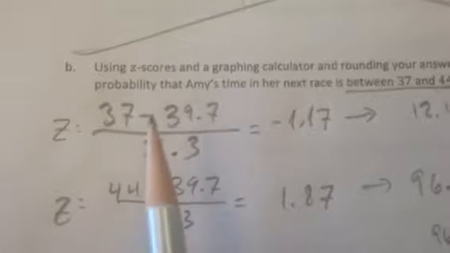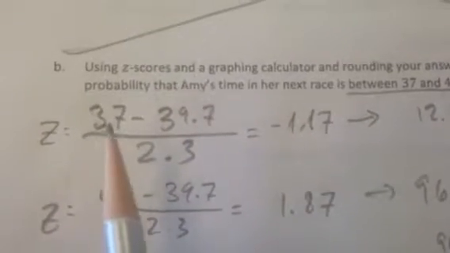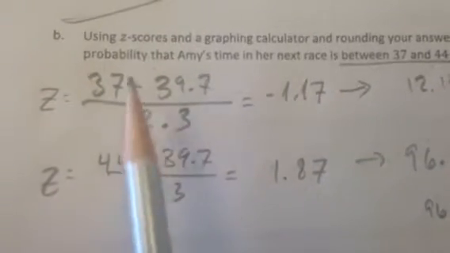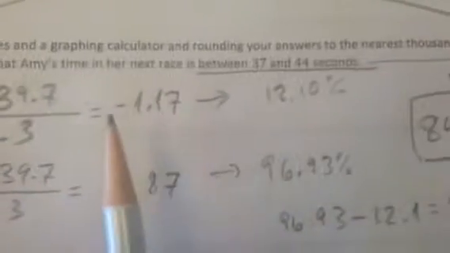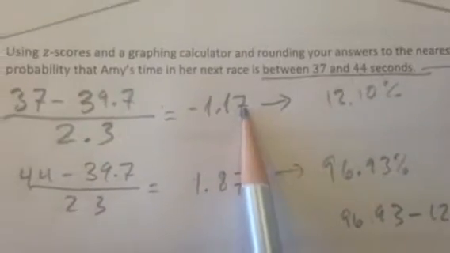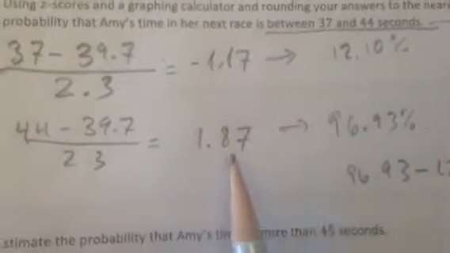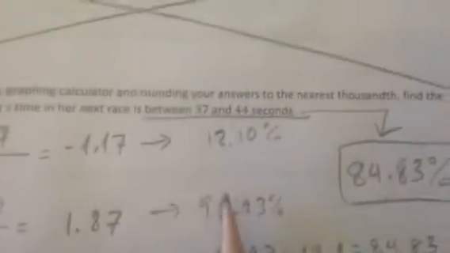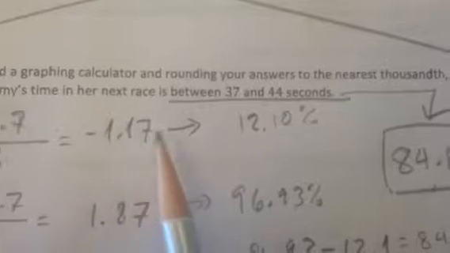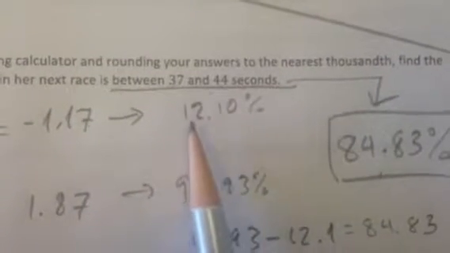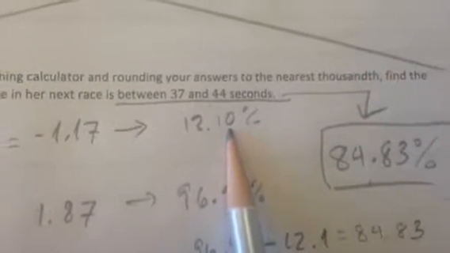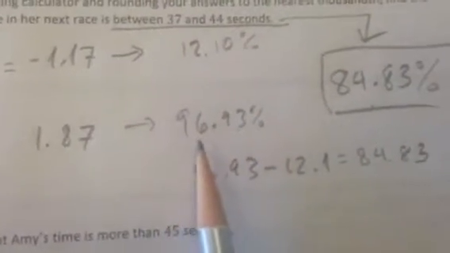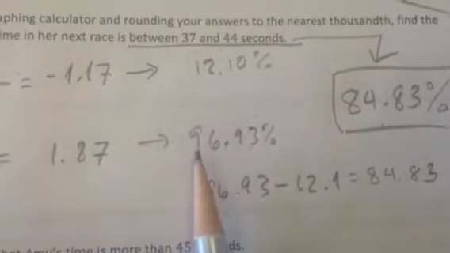Well, we have to find the z-score for each of those. So again, score minus the mean over standard deviation, for 37 and 44 seconds. We get a negative 1.17 for the first time of 37 seconds, and we get a positive 1.87 for the 44-second time. When we look those numbers up on the chart, our negative z-score gives us a 12.10% chance. And that, again, is to the left. The 1.87 gives us a very high probability of